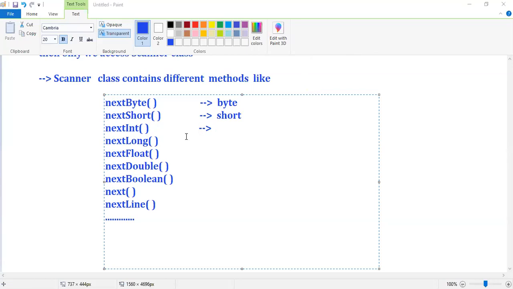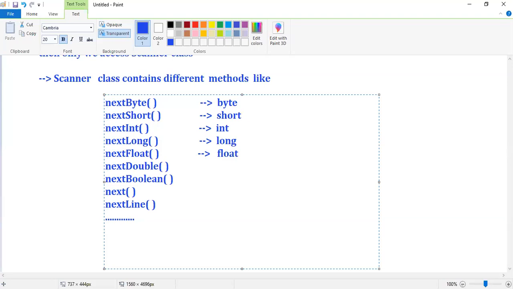So nextInt, what is the purpose of nextInt? If your requirement is integer type data, if you want to read integer type data, then we can use nextInt. If your requirement is long type data, if you want to read long type data dynamically, then go for nextLong. The nextFloat purpose is to read float type data.